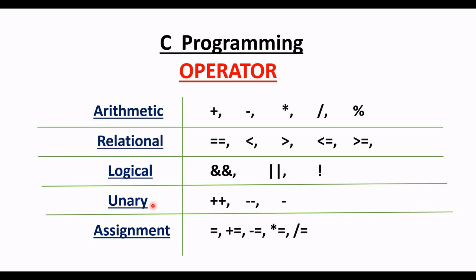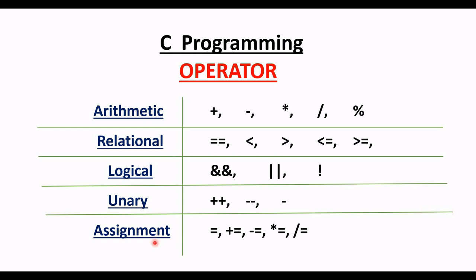And the next one is the unary operator. The unary operator is mainly used to increase or decrease a value. Here plus plus, minus minus are examples of unary operators. Suppose I take one variable and keep the value 10 inside it. I want to get 11 as the variable value. At that time I will write 10 plus plus. That means the value of 10 will be increased by 1 and it will be 11. So in this way the unary operator works.